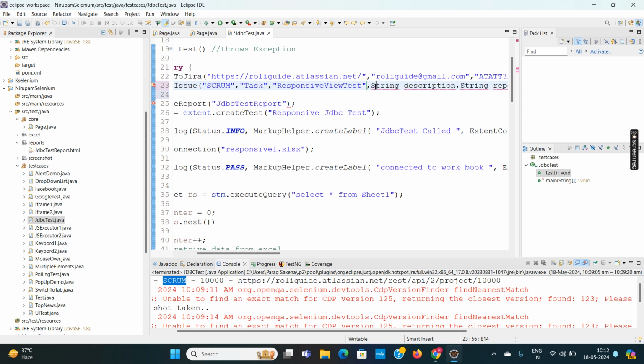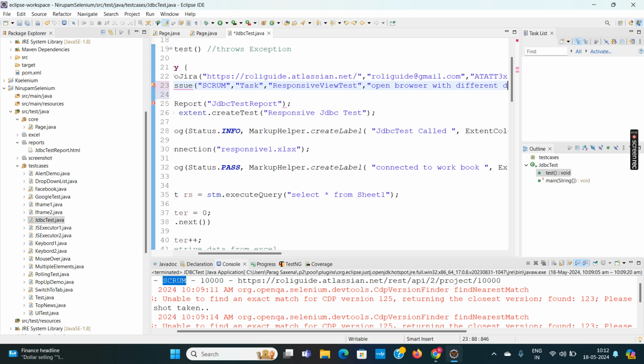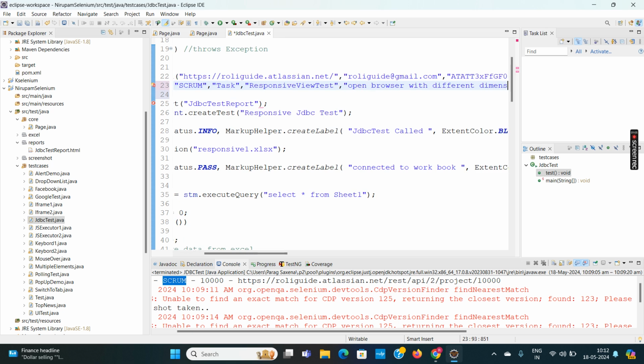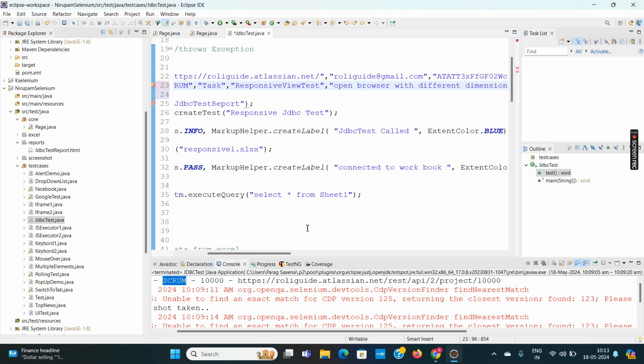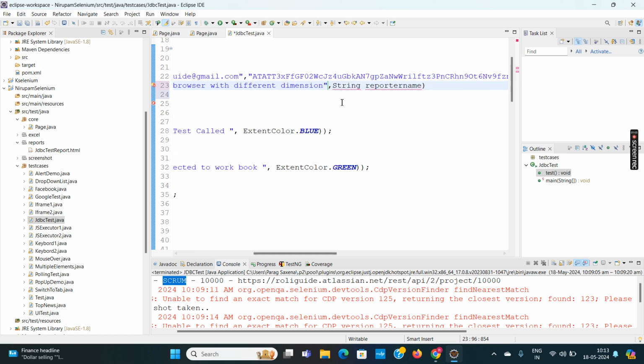Again, description you can give: open browser with different dimension. Okay, and who is creating it? For example,